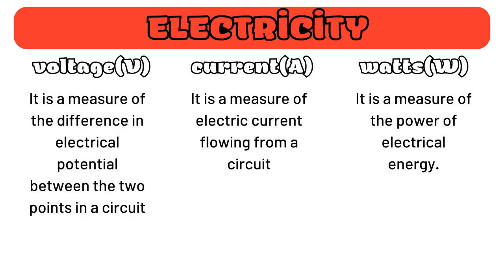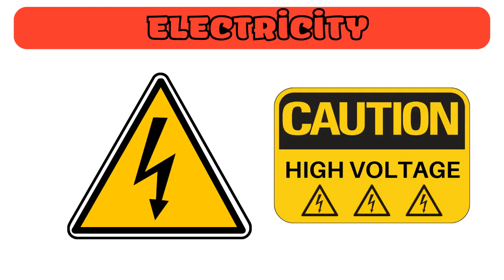Electricity is typically measured in units of volts, amperes, and watts. Voltage is a measure of the electric potential difference between 2 points in a circuit. Amperes is a measure of the electric current flowing through a circuit, and watts is a measure of the power of the electrical energy. Electricity can be dangerous if not handled properly, and electrical safety is a critical aspect of working with electrical systems. Electrical safety involves understanding the principles of electrical circuits, using appropriate safety equipment, and following safe